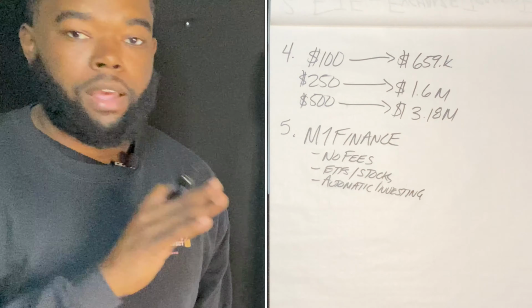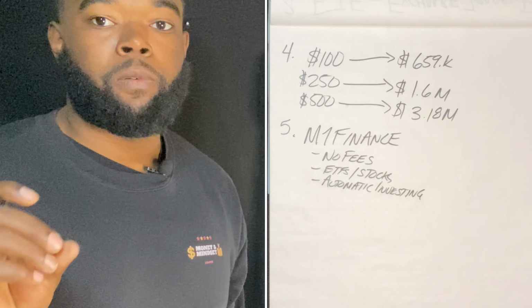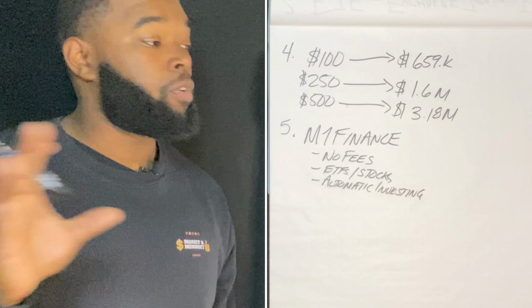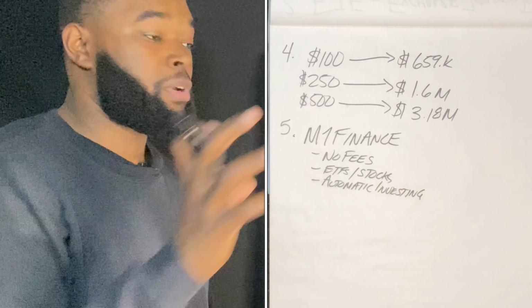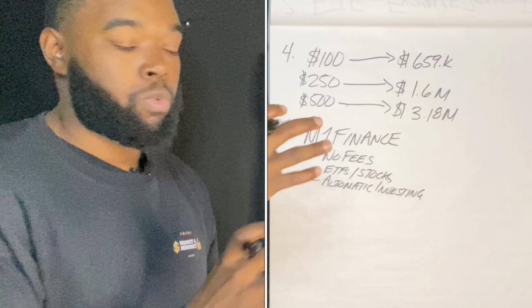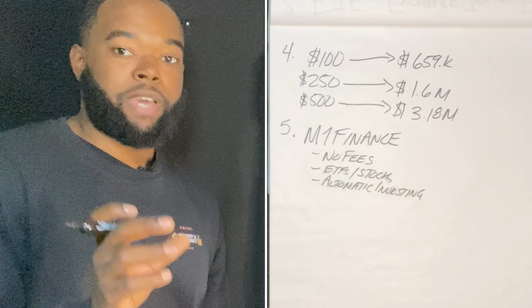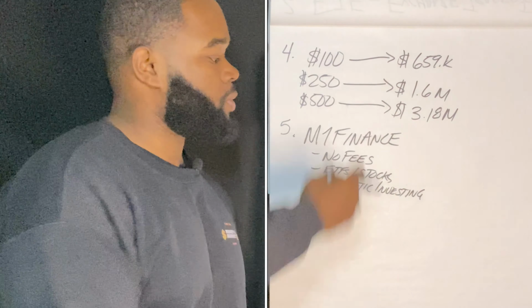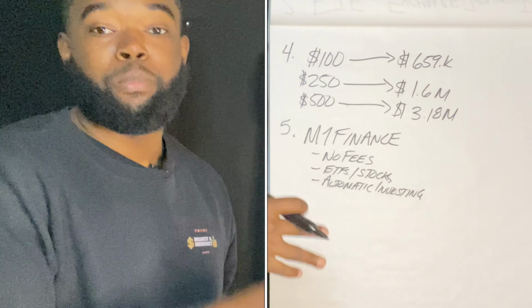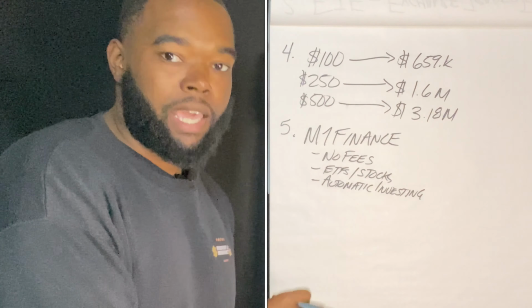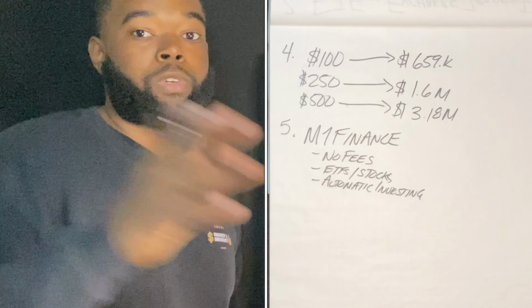It's called automation. Not many apps do this for you and allow you to pick what you want to invest in, right? Not many apps do this. I don't know why, but M1 Finance is kind of like the pioneer in this. They allow you to build your own pie. They allow you to invest into whatever you want to. There's no fees, there's no commissions, and they'll automatically invest it for you. Meaning that you can set up this whole plan, this whole system on how you're gonna be able to build wealth, how you're gonna be able to invest like a pro. You can set it and forget it and not even have to look at it ever again until 40 years from now when you become a multimillionaire.